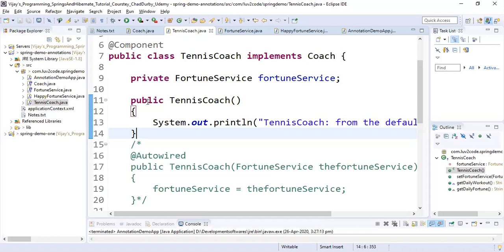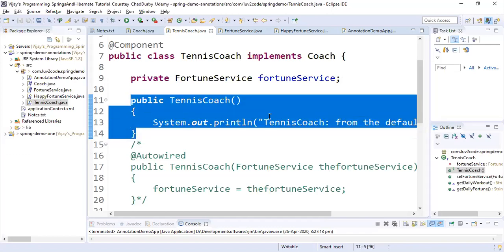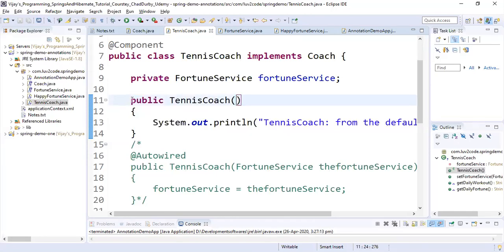By default in Java, there will be a default constructor, whether we give it or not. If we give a constructor without any arguments, this is the no argument constructor, and in this case the Java compiler won't add a default constructor.